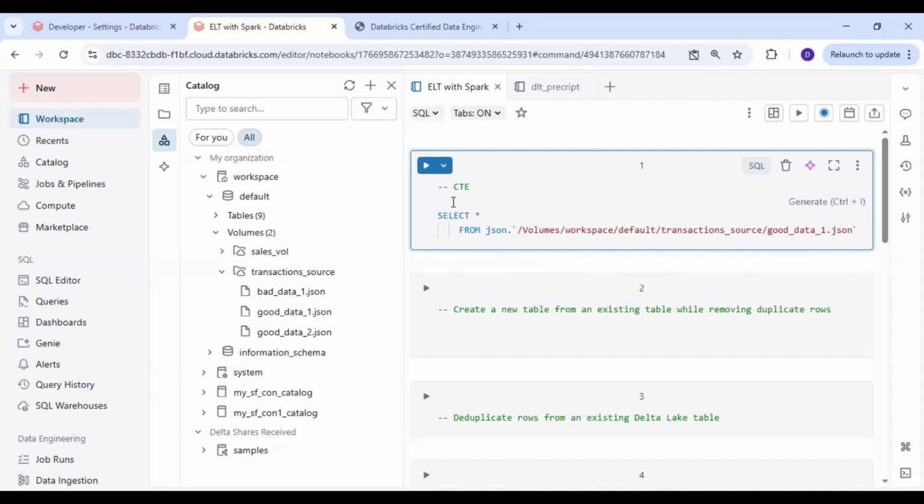That's nothing but a kind of temporary table that references this content. So for that I have to write with. Fine. The keyword I should be using here is with, and let us say I will name it file_data_CTE. This is the name I am giving to the CTE, the temporary table that I am creating,